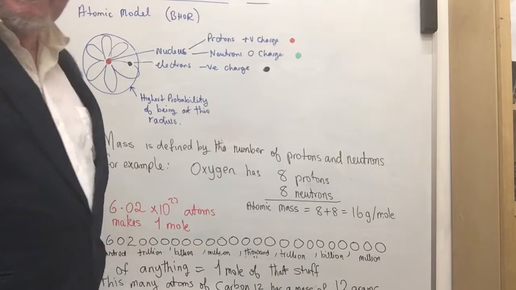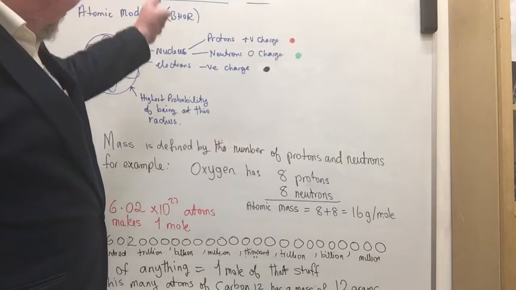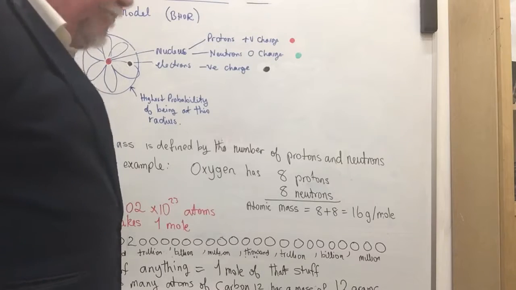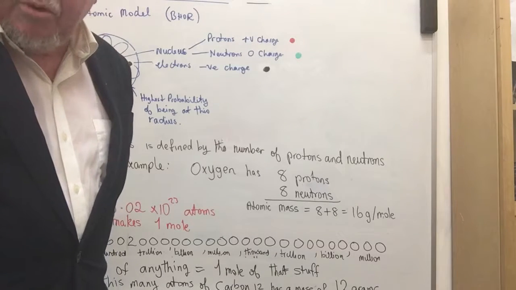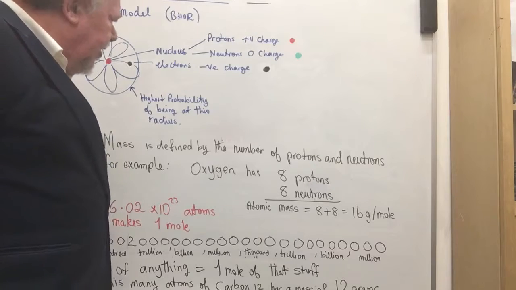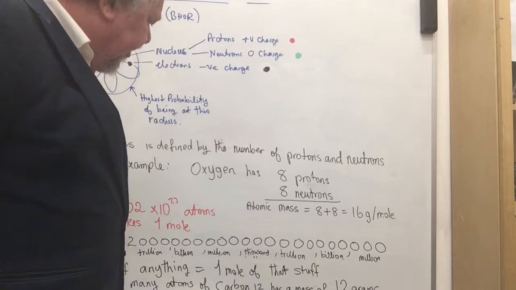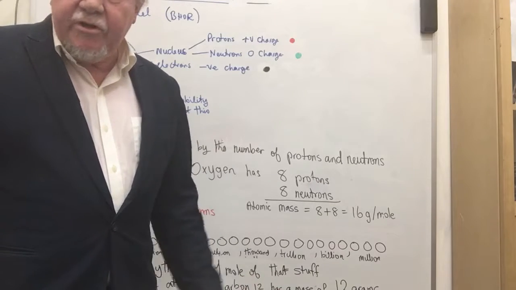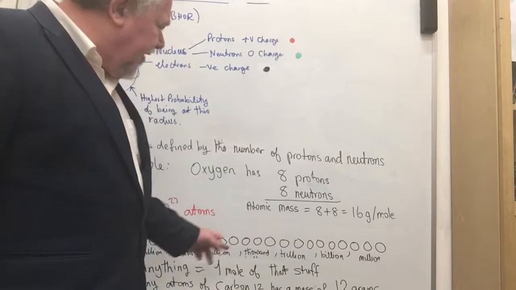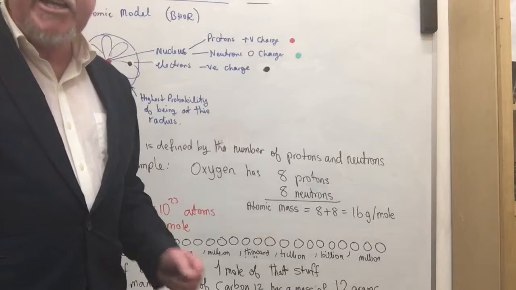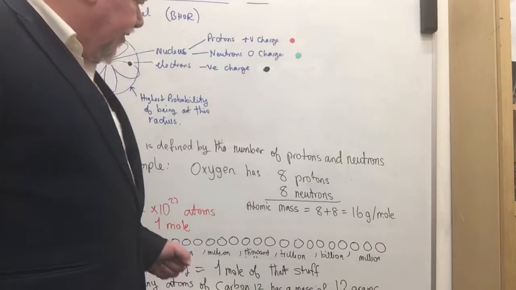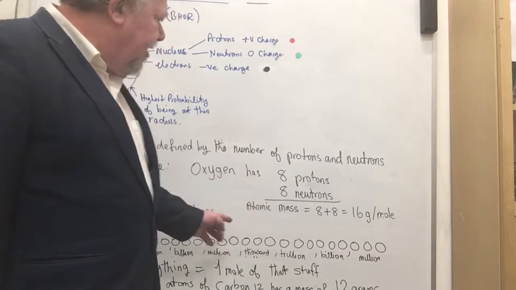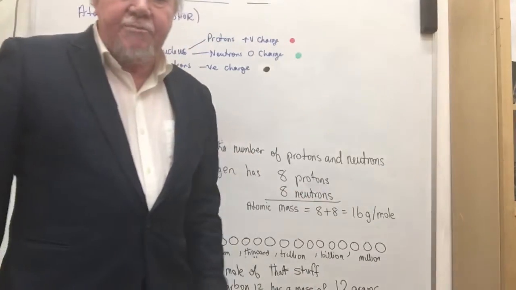And there you have mass. Answers that question up there. Okay, now, some of you will be asking, well, if I look at a periodic table, why does it say 12.01? And that would be a very good question, because if all of them have an integer as the mass, for instance, if I said oxygen had 8 protons and 8 neutrons, and it came to 16 grams per mole,